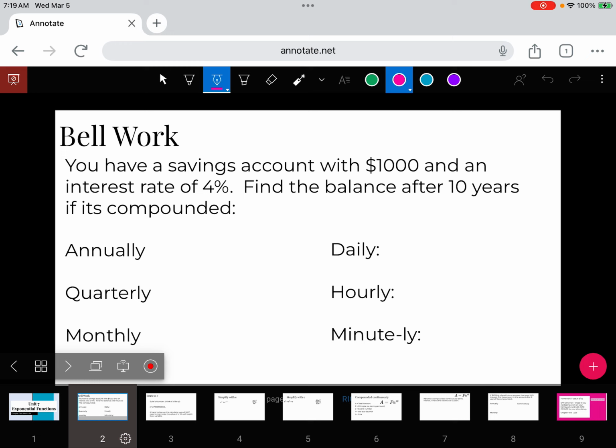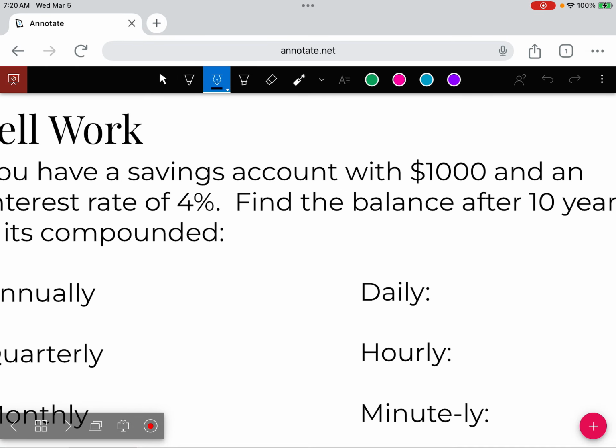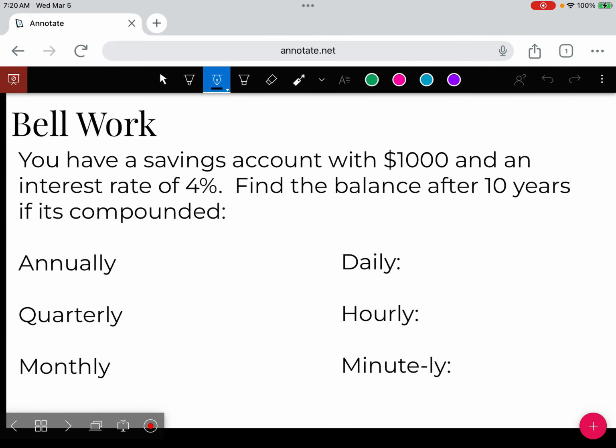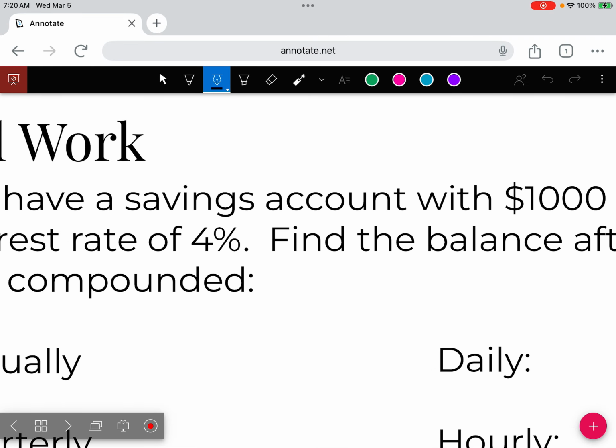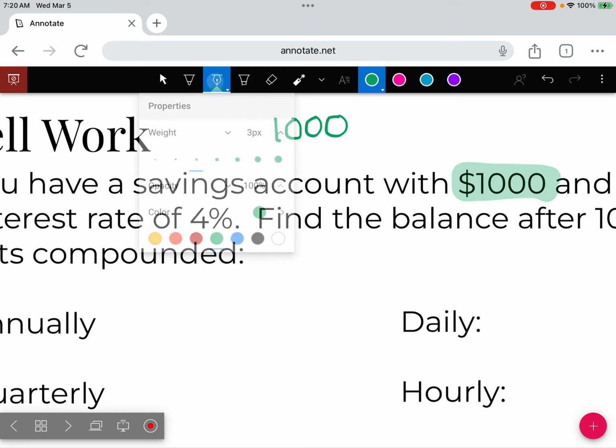So most savings accounts will earn you interest. So if we were building the equation just off the story, not doing any of our compounding, we're going to put n in for compounding. How are we going to build this equation? What are we going to start with? Our 1,000, that's going to be our starting amount, right? So if we're building this equation, we're going to have our 1,000. We're going to have our 1